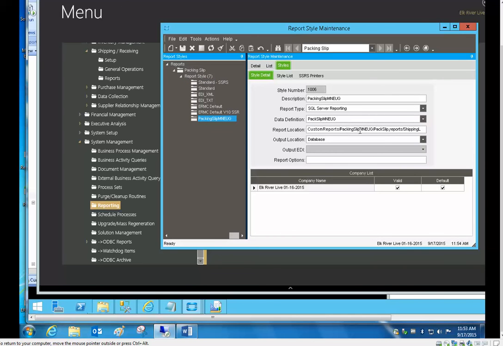Come down to here. So I would just change this name, right? You call it EUG2. You created another report style, change the name to EUG2, and that's the file that's going to get pulled up. But it can exist in our custom folder directory. It doesn't have to have a whole structure of its own. You know what I mean? So you would create a new report style, change just that one file name, and you got a new report